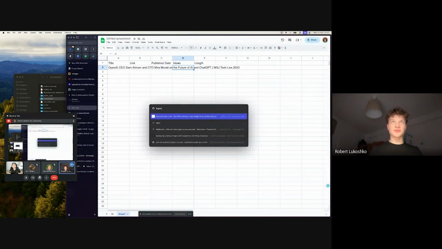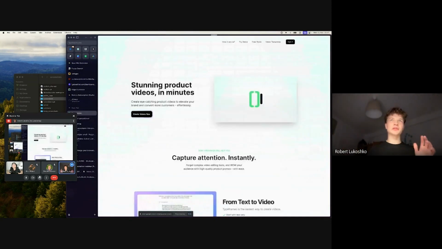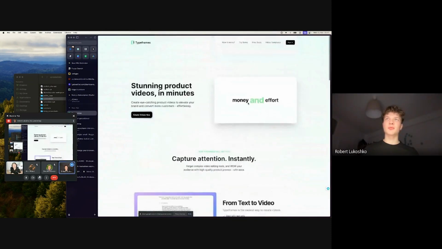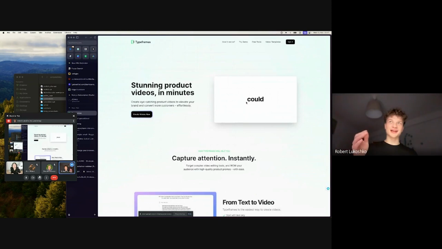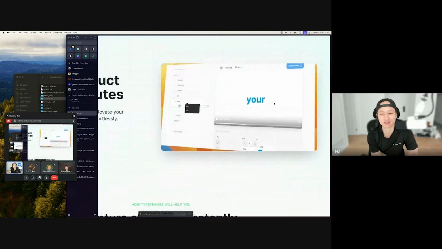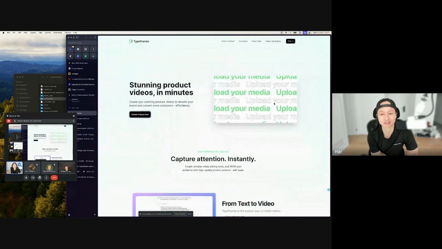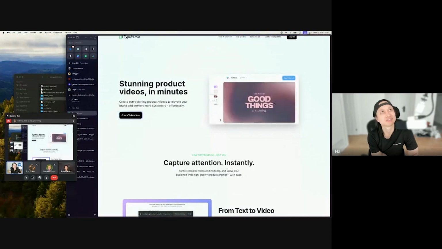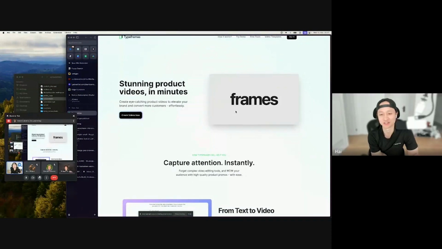About the tool, have you seen a small tool called Type Frames? No, what is this? Basically, it can create a demo for you from all the text. It creates a video from the text. You send it the text, and it creates those videos with text like this. Oh, I see what you're talking about. Yeah, fast pace, huge bold text, kind of like Apple style when it was hot back in. I don't know when this came out, but it's a very trendy thing.